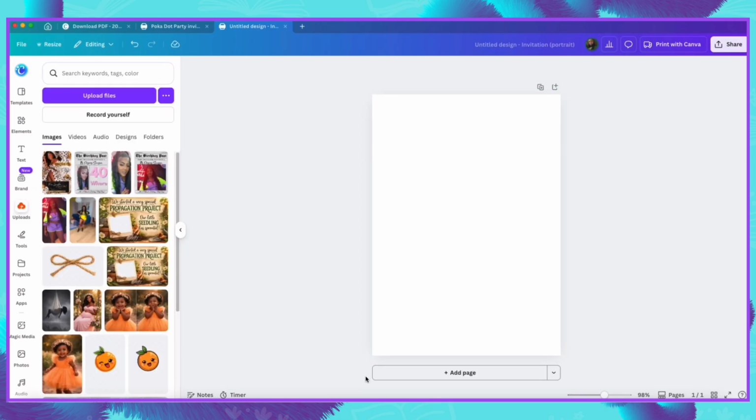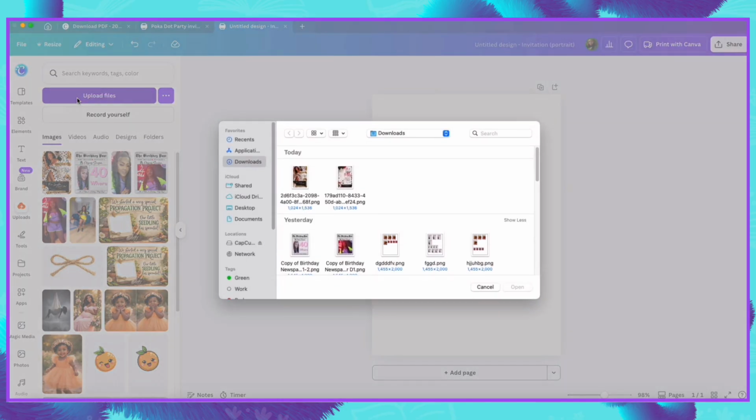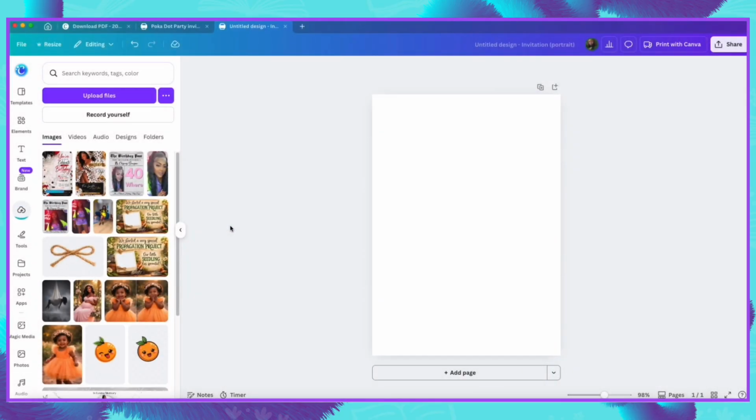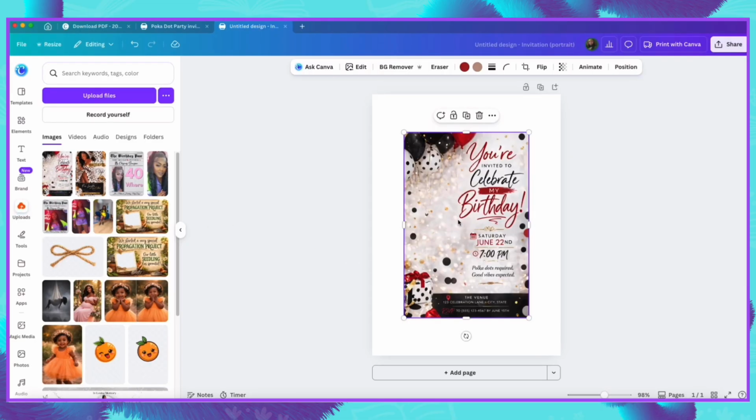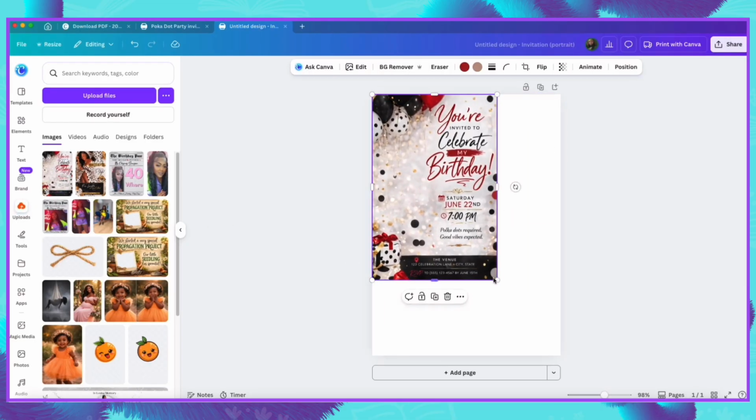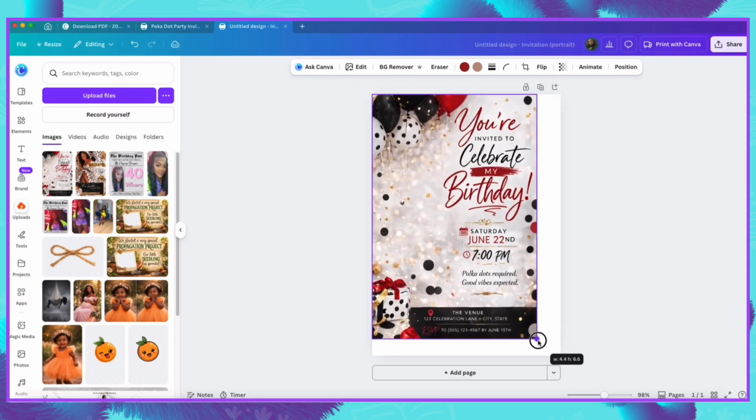All right, you guys, let's go ahead and jump right into it. So what I did was I created an image on ChatGPT. And so what we're going to do now is I'm going to upload that image. So I simply clicked upload. I'm going to click on the file that I downloaded from ChatGPT, and we're going to drop it into our canvas. So we're going to do it this way so that I can show you guys